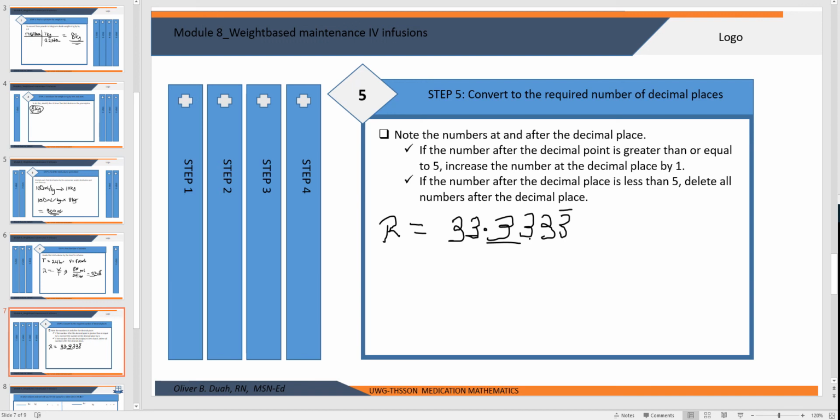Then we will consider the number after the decimal place and determine if it's equal to or greater than 5 or less than 5. So 3 is less than 5. If 3 is less than 5, then we are going to delete all these subsequent numbers, and so our final answer will be 33